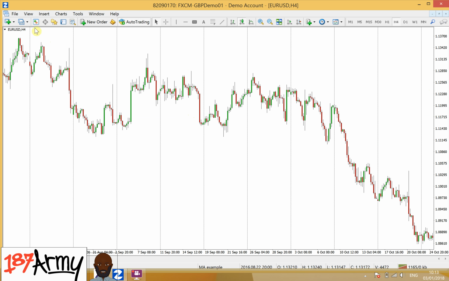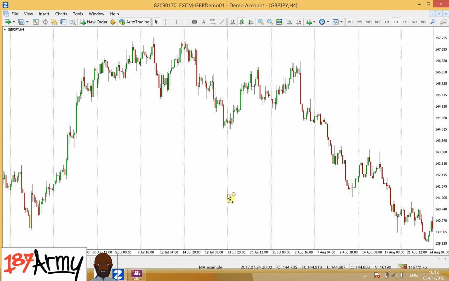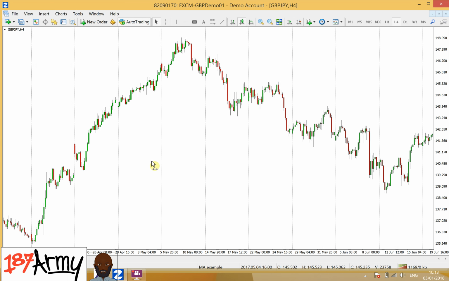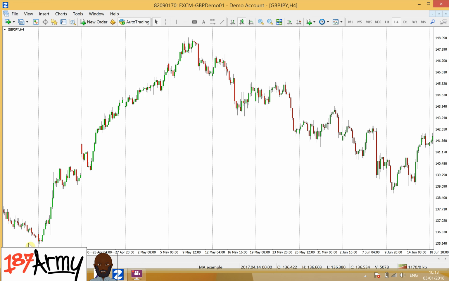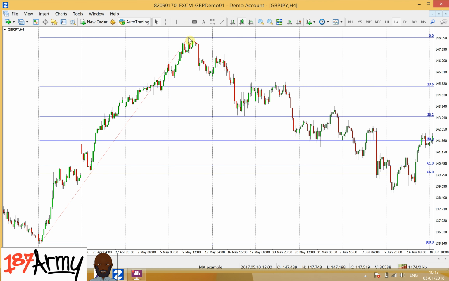So I'll go on to another currency pair so that you can see, here, GBP JPY. Let's find an easy opportunity for it. Oh, you can do it all the way across the screen as well. So we're going to do from this low to that high. Click on Fibonacci, click it at the bottom to the top, which is there, and you can see that your area would be from your 38.2 area all the way to your